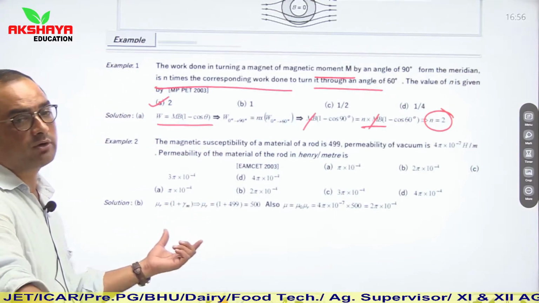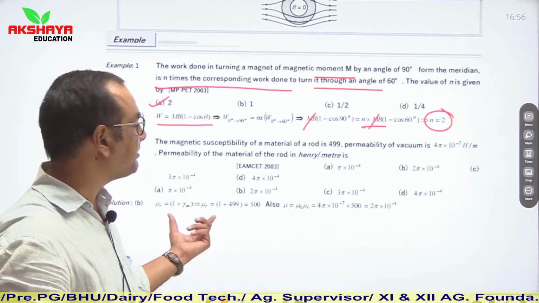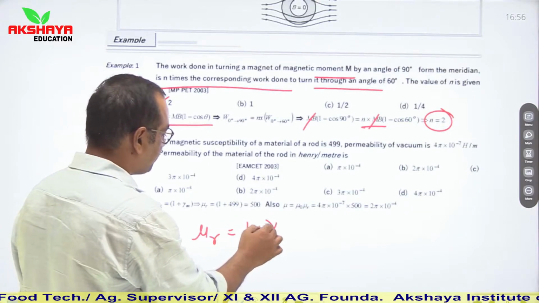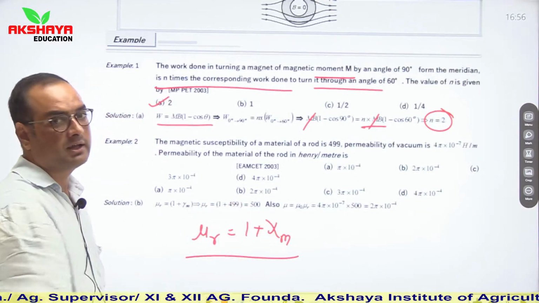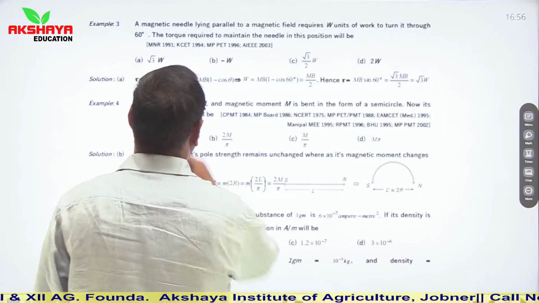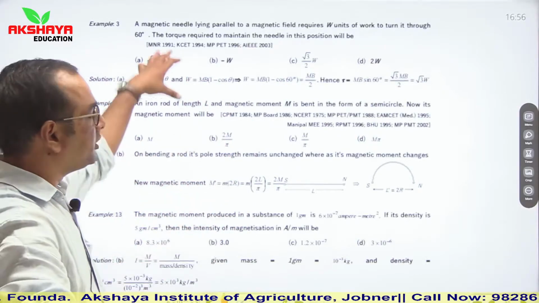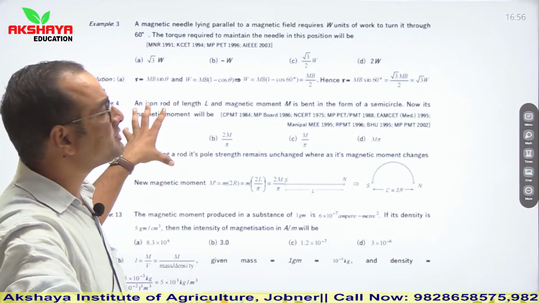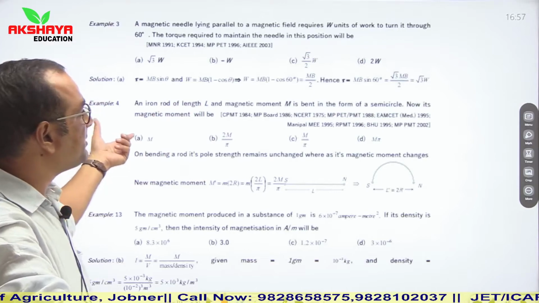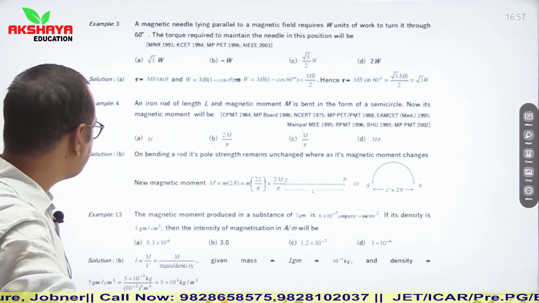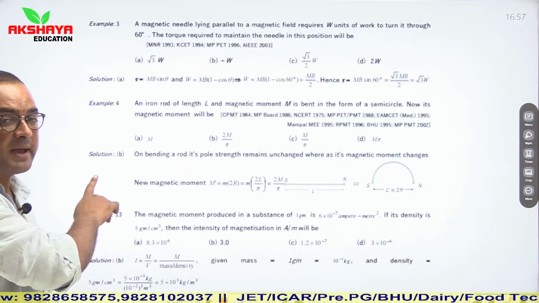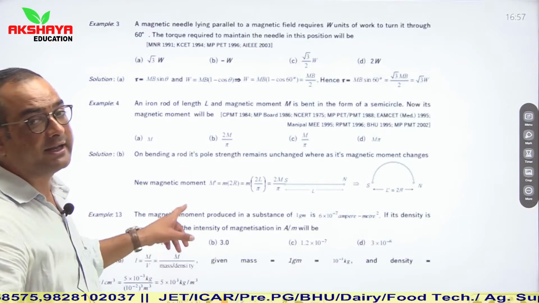Similarly, the next question is based on the relation between magnetic permeability and magnetic susceptibility. You can simply use the relation mu r is equal to 1 plus chi m. Using this relation, you can calculate this numerical. Now see next, these are some different patterns of questions. Note down these questions and practice them on your own. These are simply based on the formulas which we have discussed earlier. I have explained 2 or 3 questions based on it and the rest you have to practice on your own. These are some patterns of questions based on intensity of magnetization, magnetizing field, magnetic field and magnetic susceptibility.